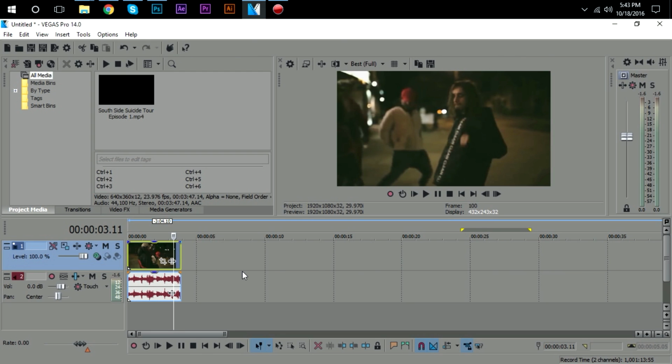The thing about this effect is you can't just use Vegas by itself. It kind of sucks. You're going to have to use other programs, and the easiest way, well, I'm going to show you two ways, and one of them you need Photoshop with. So I'm just going to show you this one. This one's free. So what you want to do first is go to this website,